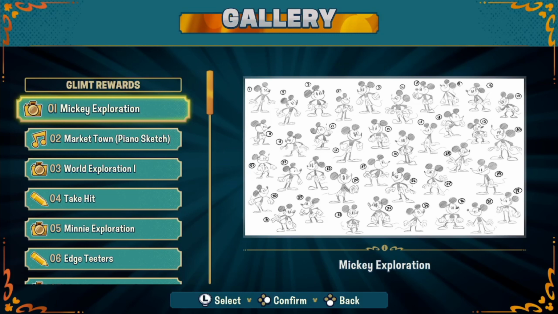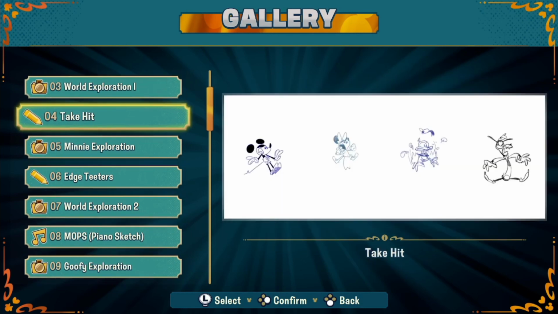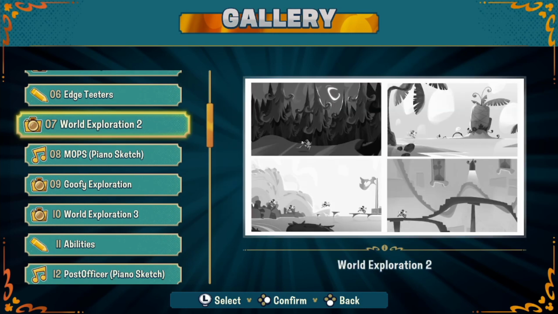We have Mickey Exploration, Market Town Piano Sketch, which is music. I'm not going to wade through it. World Exploration 1. These are mostly side art. Take Hit, which is all the animations of characters getting hit. Mini Exploration, Edge Teeters, which is their Edge Teeter animation. That's really cool, actually. Rail Exploration 2,